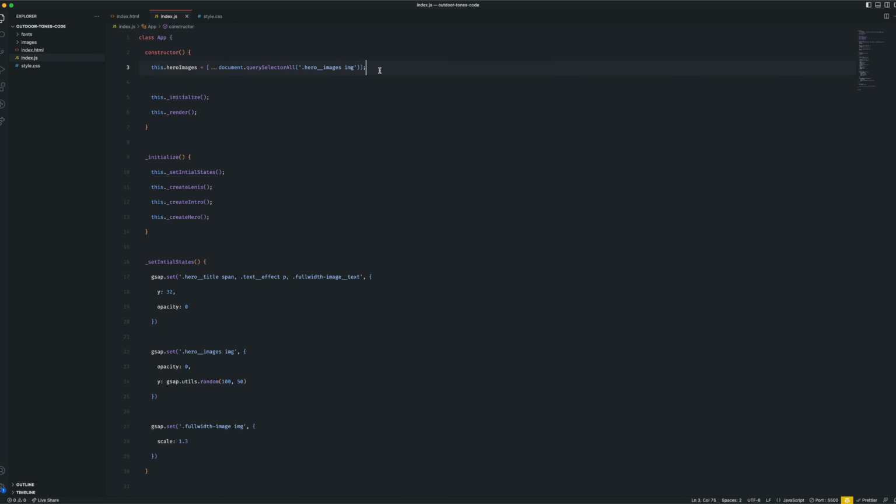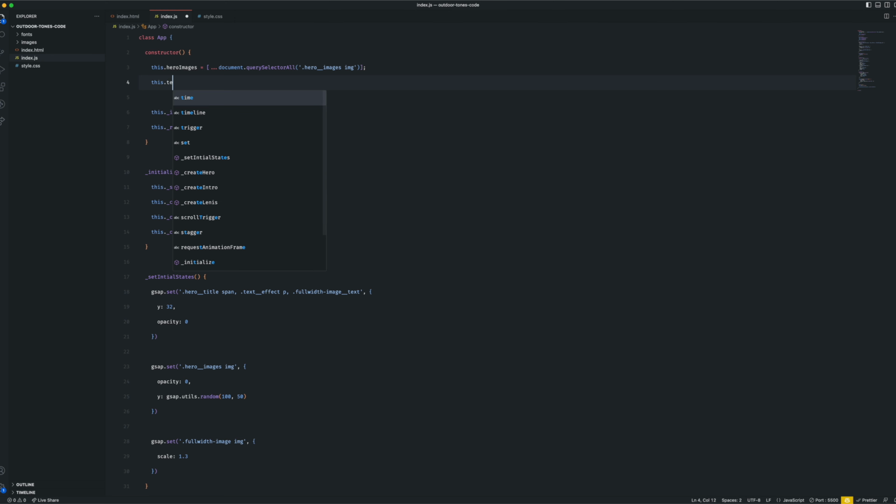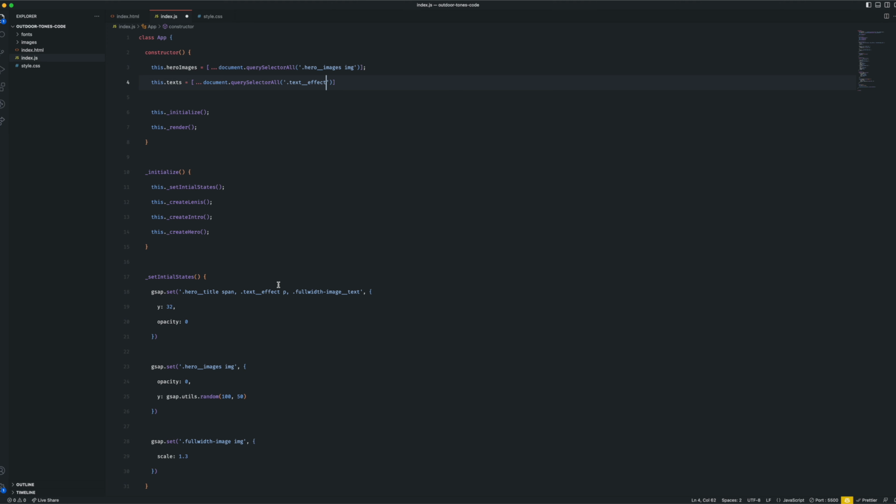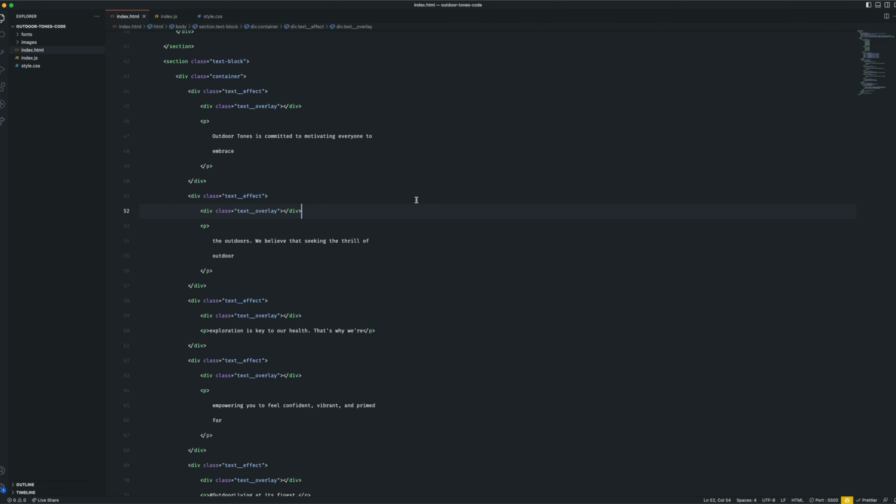So let's say this.text equals, and do the same thing, document.querySelectorAll, and then text effect, because inside each of these we have